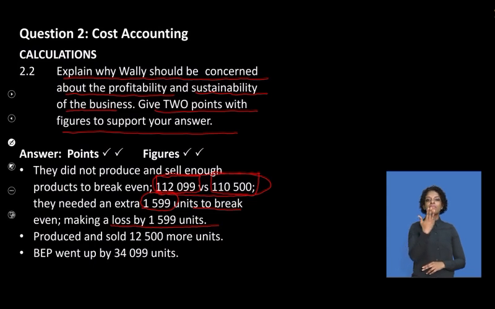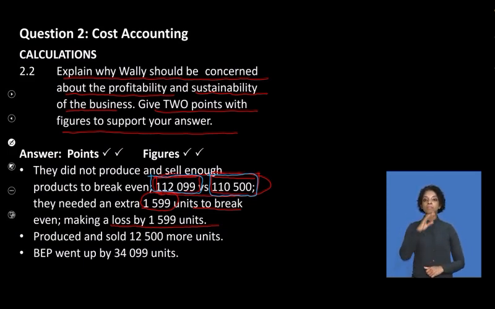1,599. Where's the 1,599 coming from? The difference between your break-even point and the number of units produced and sold. Let's just do this to make it much clearer. There we go. There's my break-even point, and there's the number of units produced and sold. So in other words,